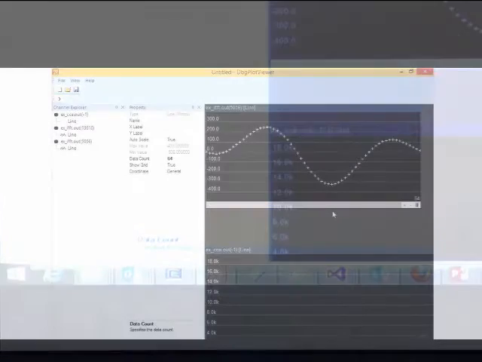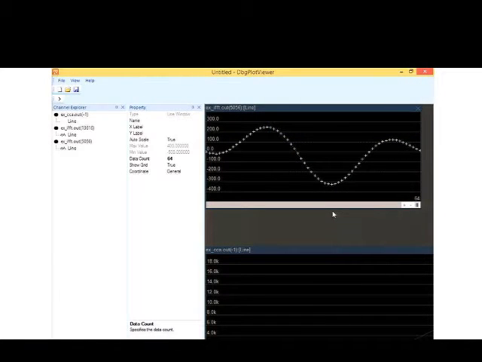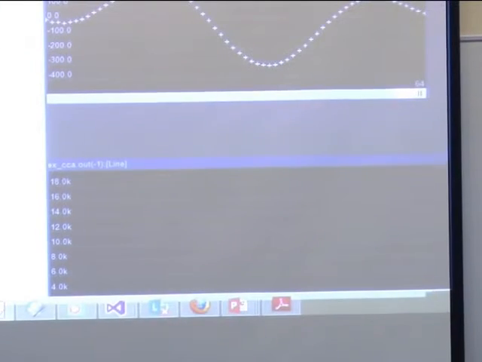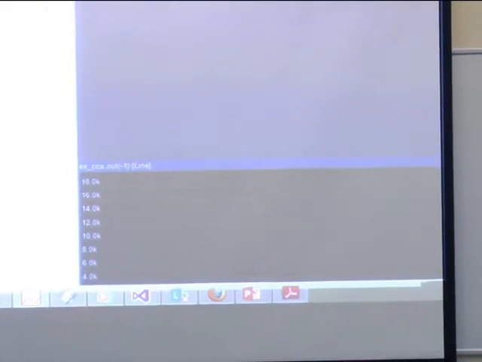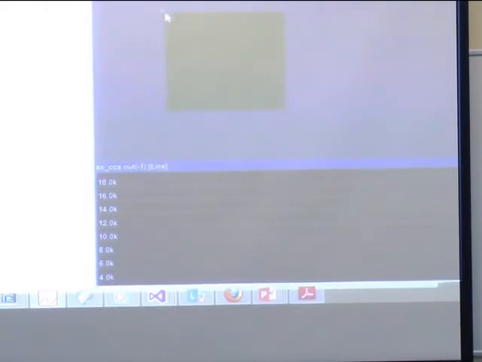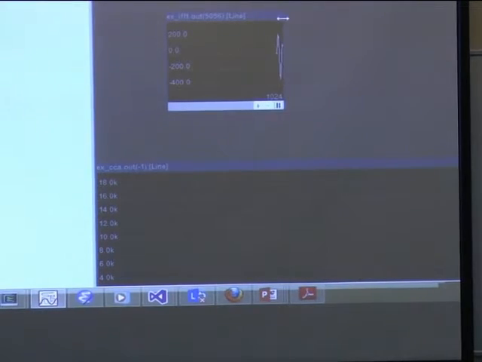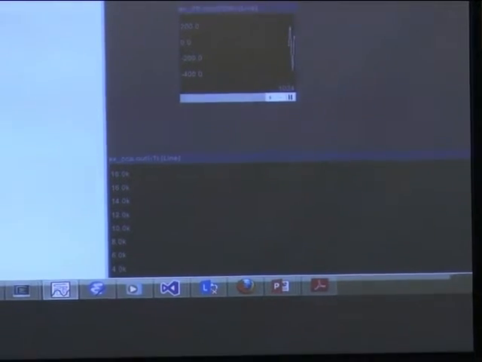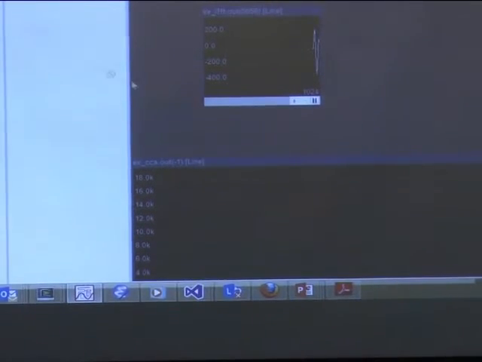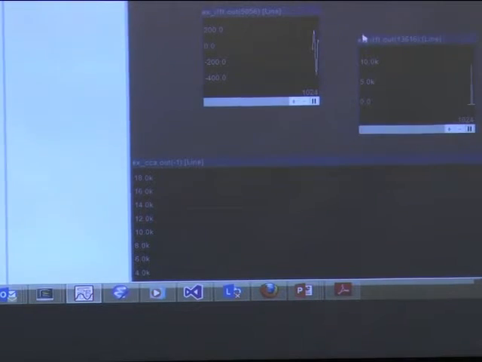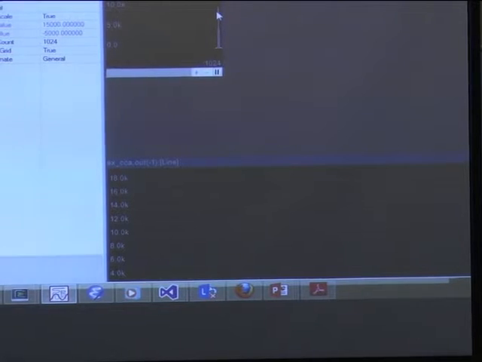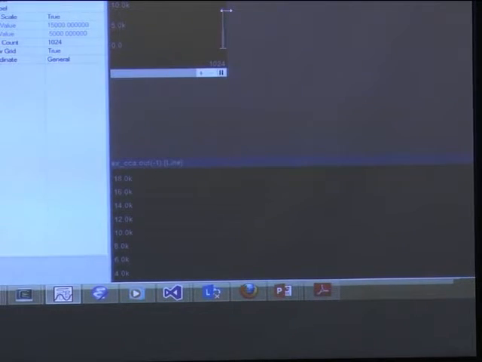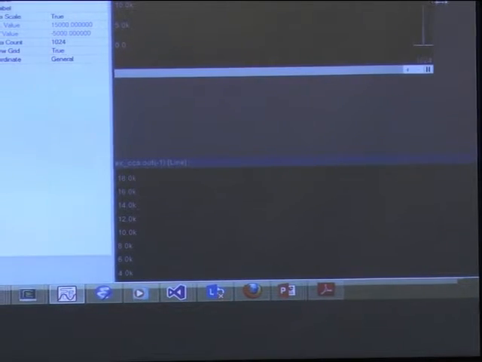So, oh, I have a new one here. Sorry, now I can't close. This is my symbol, okay. Yesterday it used to plot all on the same one. Okay, so